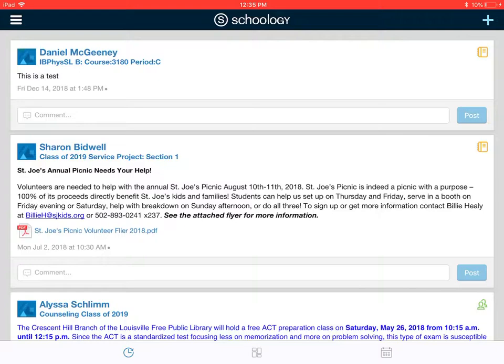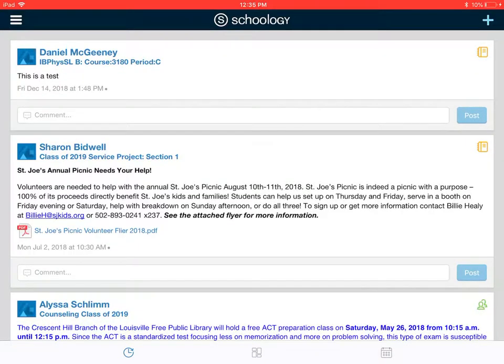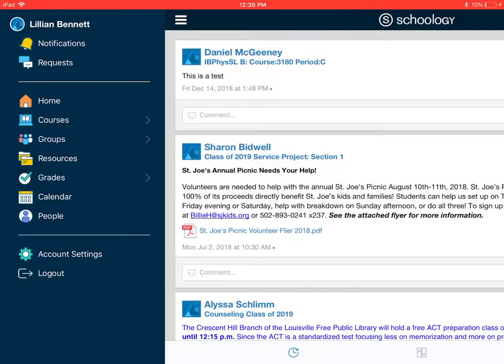Okay, when you first open Schoology, you'll see a main screen like this that has updates from various classes or clubs you may be involved in. To get into the courses, the actual classes, you need to click on the three lines in the top left corner. This icon, if you can see it graying there in the top left corner, is how we access the menu. What I want to show you first is courses. If you click the Courses tab,